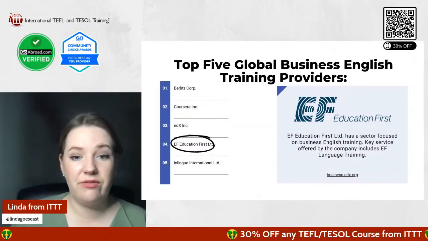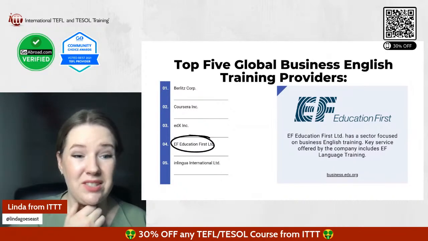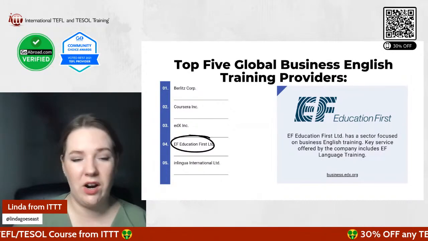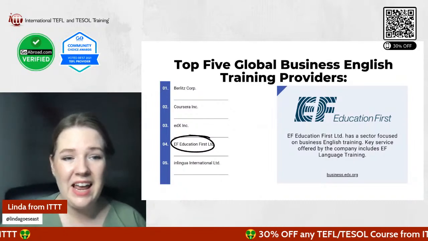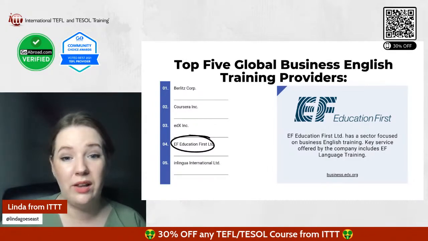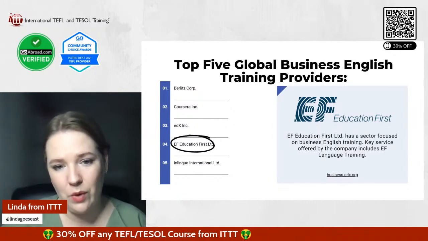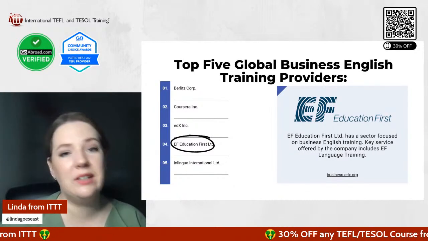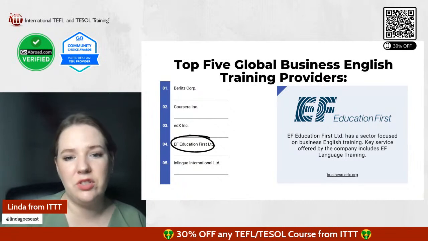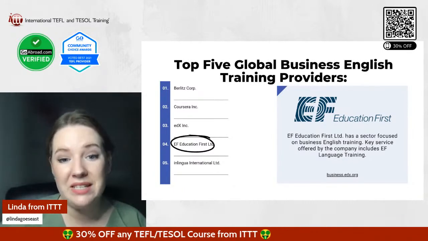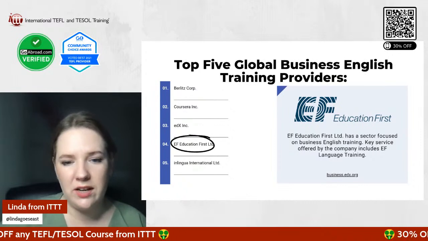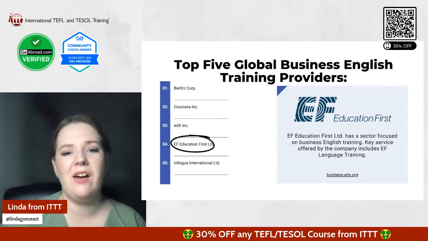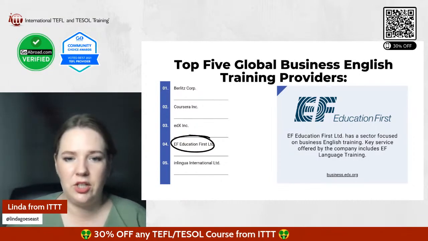Then EF Education First. This one is very, very big. And this one's very big in China as well. I've said this before, but when you are in China, no matter what city in China you are in, at every corner there will be an English language school. And a lot of times you see a lot of EF schools there as well. So EF, they also do different kinds of classes. They also have kids, right? They have adults, they have test prep, but they also have business English sectors. So you can also check them out specifically. Oh, this is the wrong link. Sorry. But if you Google EF Education First, you can also find that, and then business English.